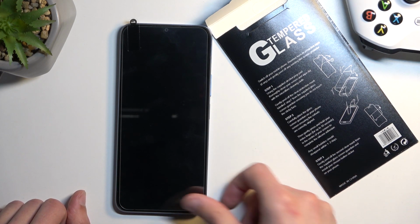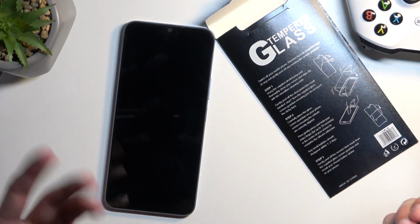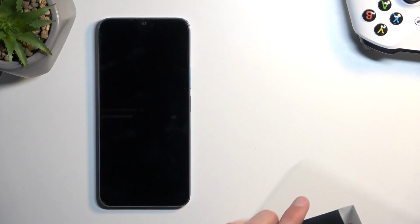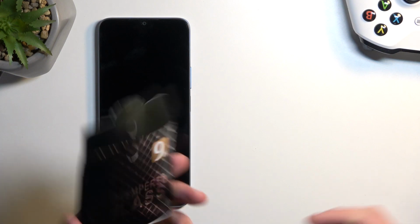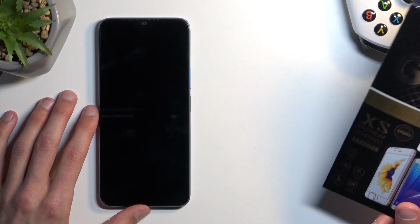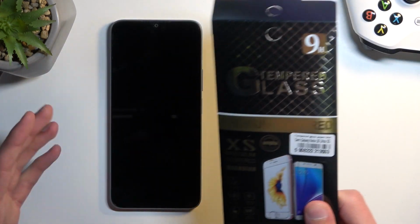I got basically an entire box of those, so there we go. And that's the reason why it fits: this tempered glass is kind of like a universal size. I assume most of the manufacturers that make these kind of phones, or different ones as well, use displays from Samsung. That's why this one fits over a lot of devices. But anyway, jumping to it,